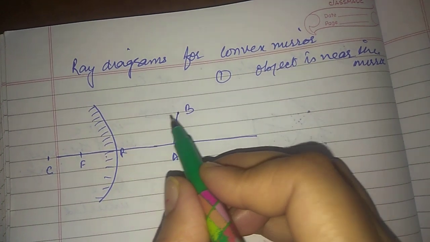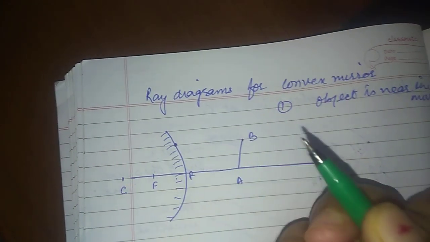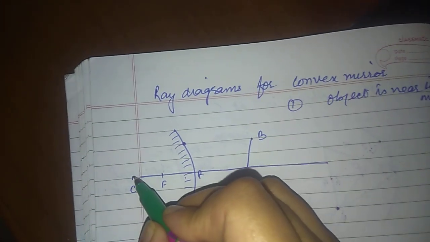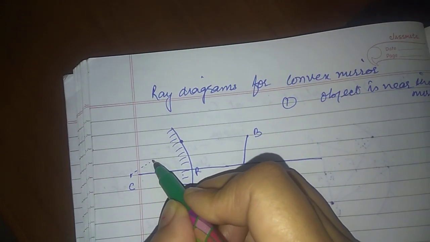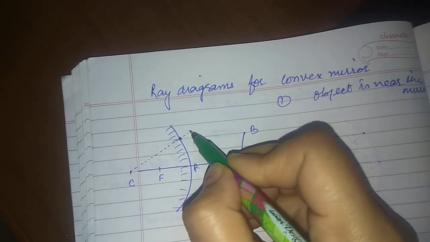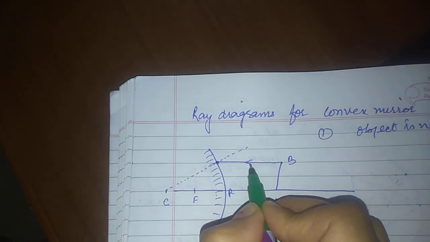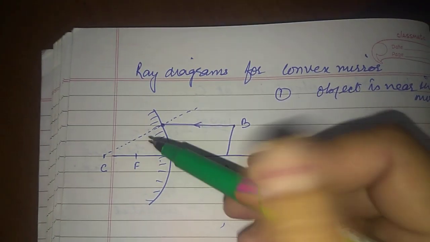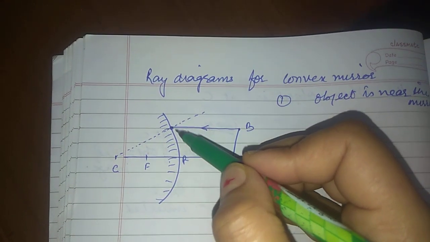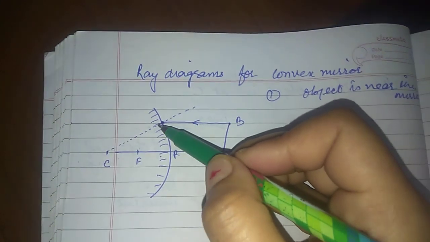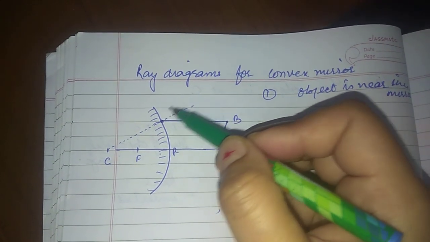You see this point, the ray from point B is going to meet at this point. I will again follow the law of reflection only. So in order to draw the normal, I will join this point with the center of curvature. So this is the normal. So here this is the parallel ray which is parallel to principal axis. Now you can see the reflected ray cannot be in the downward direction. It has to be on the other side of the normal. So it will bend in this direction only.